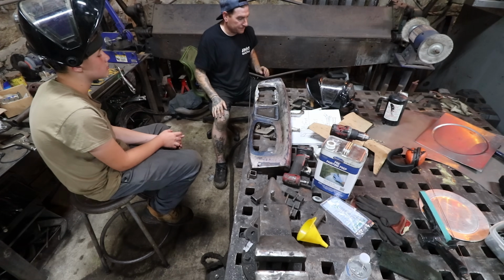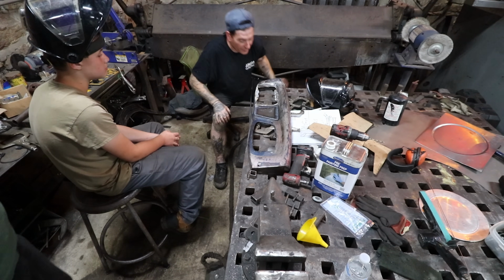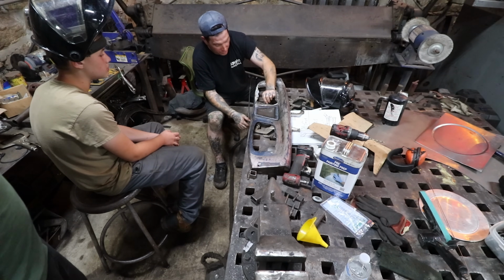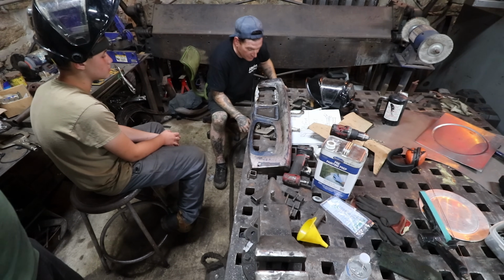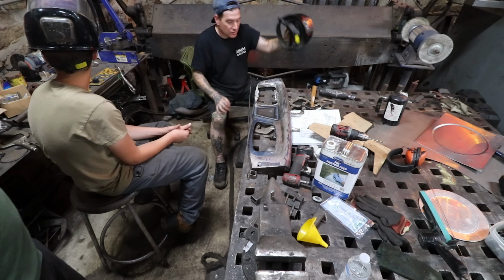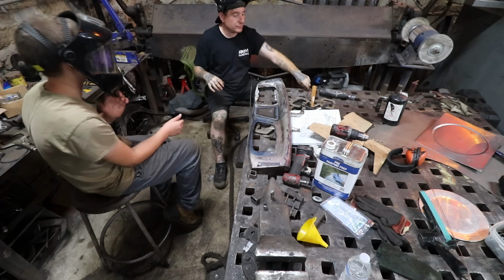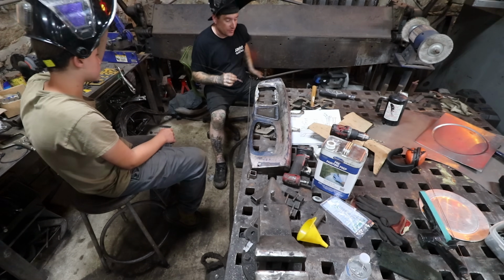This one's going to suck. Somebody was brazing in there, so it's like copper or brass. So it's very finicky to try and weld over. So there's a good chance it's going to pop and carry on and fight with me, but